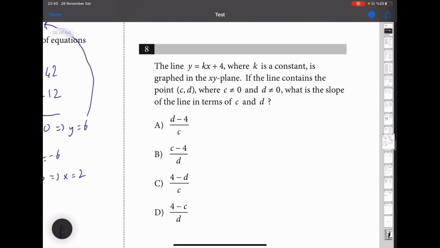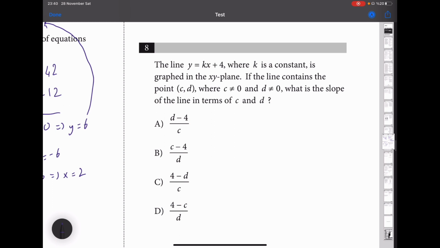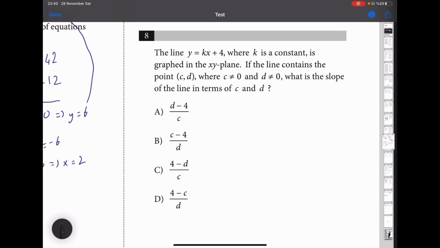The line y equals kx plus 4, where k is a constant, is graphed in the xy plane. If the line contains the points (c, d), and these are non-zero values, what is the slope of the line in terms of c and d? You should know that